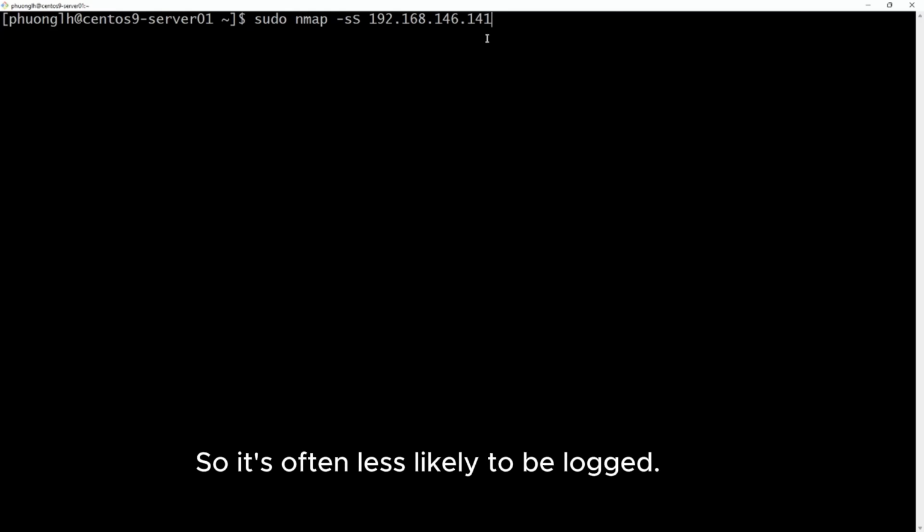So it's often less likely to be logged. Enter.